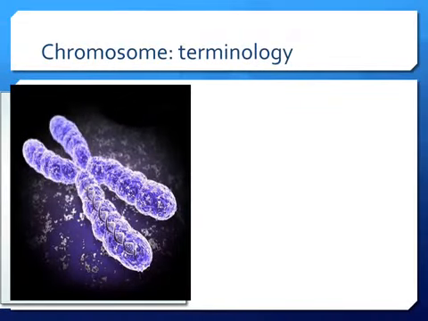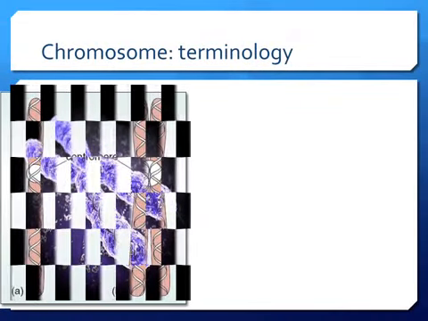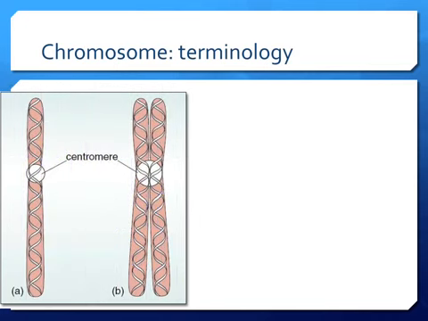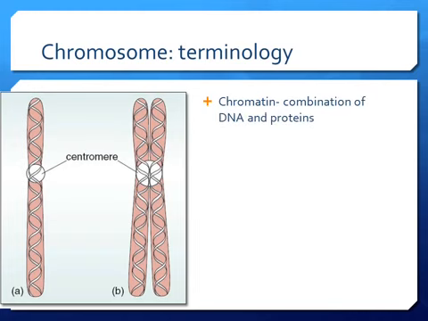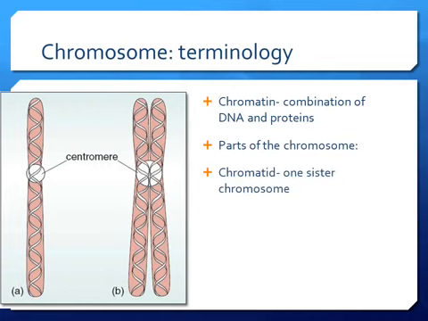Out over here, the third slide, just a little bit of chromosome terminology. So that's the X you just saw before, fading into something else. You can see the connection point between the two sister chromatids is called the centromere. And again, as we saw before, chromatin is a combination of DNA and proteins, and that's basically the histones forming around the nucleosomes. Each chromatid is one of the sister chromosomes, and the centromere is the connection point between them. So again, the centromere is the connection point between them. The chromatid is the terminology for one of the sister chromosomes, and over here on the left side, you see one chromatid, and on the right